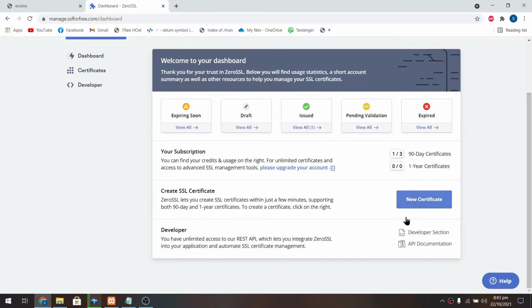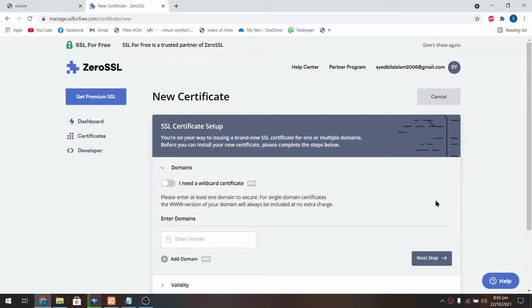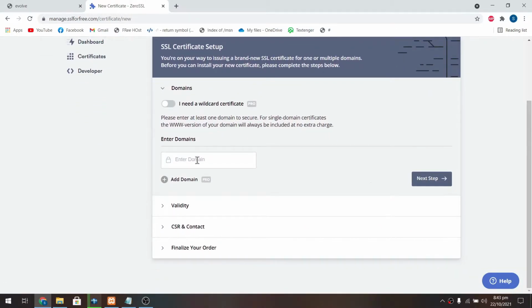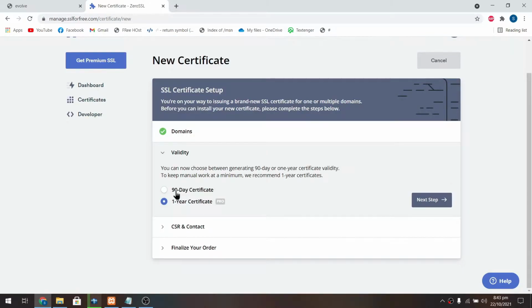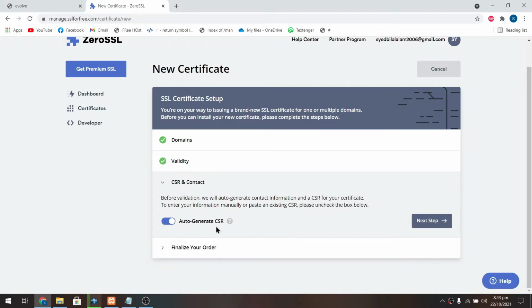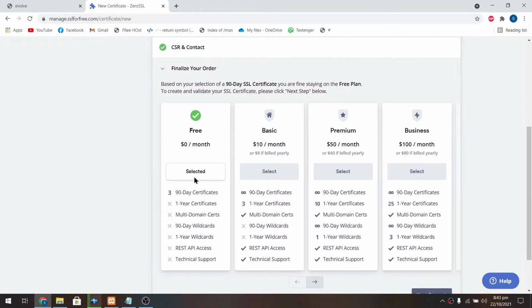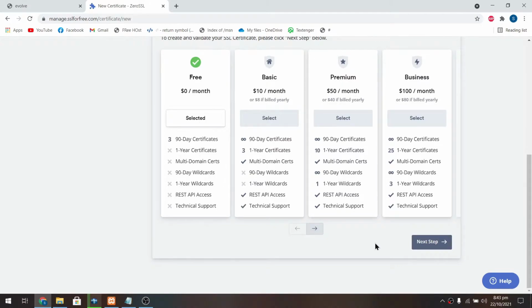You can create it for free, and here you have to click on new certificate, and here you have to enter your domain again, and then click on next step. This is for premium 1 year certificate, and I'm choosing 90-day certificate, and auto generate CSR. Next step, free $0 per month is selected by default. Next,